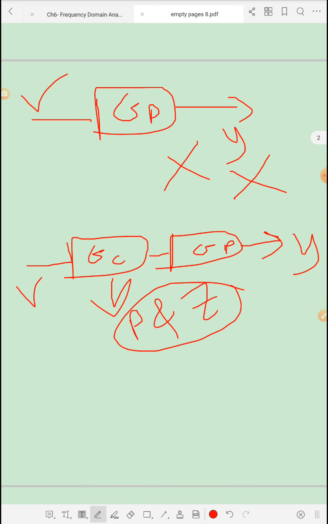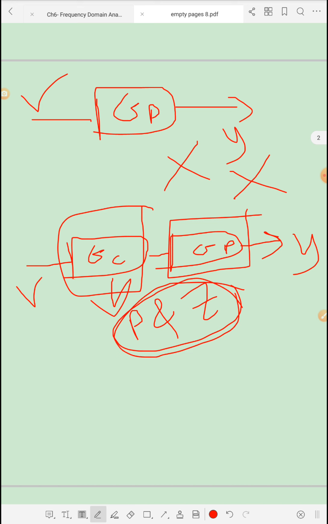So if we know the magnitude of the plant in the normal scale, when we add the controller, it will be a multiplication of the new poles and zeros of the controller by the existing poles and zeros of the plant. And in this way, we should redraw or recalculate the new transfer function, the magnitude of